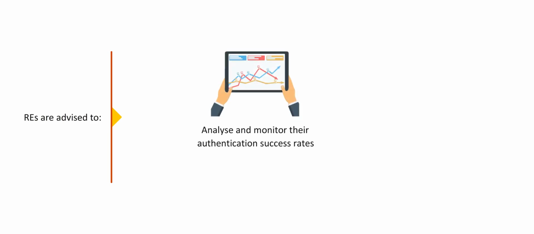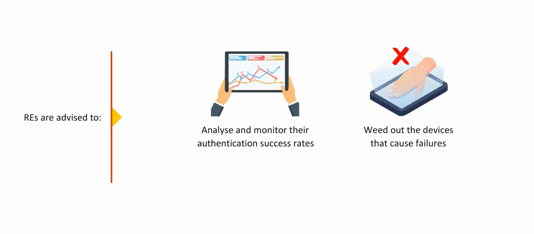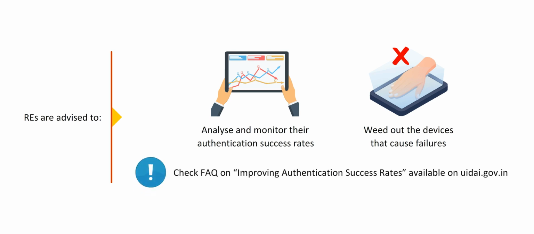All REs are advised to analyze and monitor their authentication success rates for all modalities or devices and for operator performance on a regular basis. Old, poorly performing and malfunctioning devices that cause more authentication failures should be weeded out of the system. For more information, see the FAQ on improving authentication success rates on